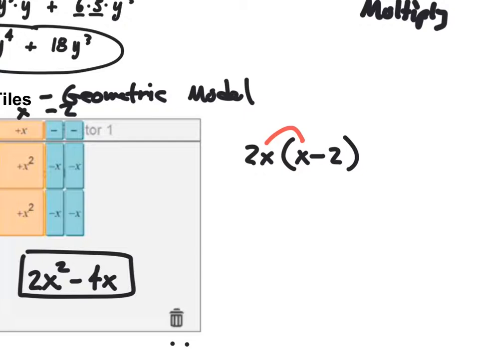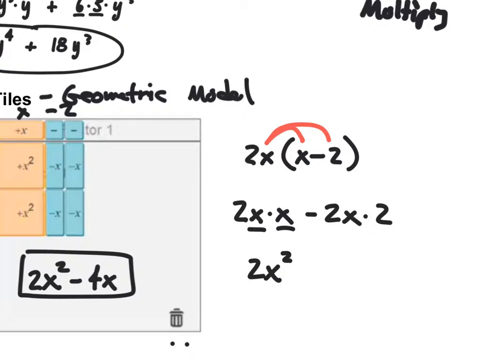So if I take 2x times x and then 2x times negative 2, well, let's show that. Let's see what we get. I get 2x times x, and then minus 2x times 2. Okay, now my x's are put together. If I take x times x, that's going to give me x squared. So I've got 2x squared, and then over here I'm going to do minus 2 times 2 and then times an x. Negative 2 times 2 gives me negative 4, so I get 2x squared minus 4x, and that's my